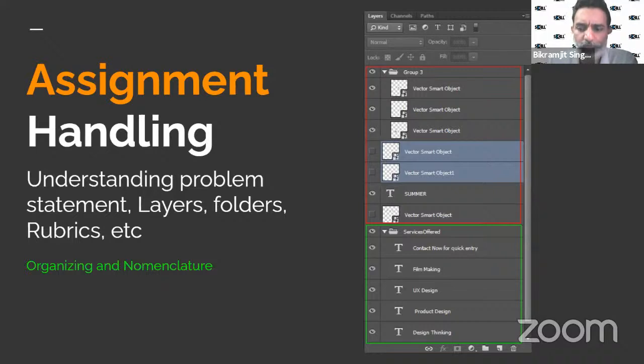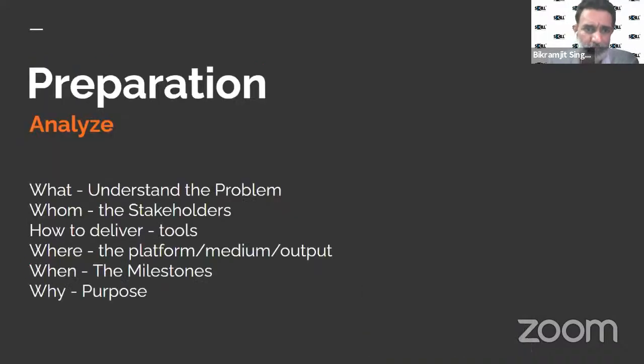We'll be slowly proceeding to the design part. Let's see. Preparation, of course, the analyzing of the project. In practical life, you or a project manager always check what is the budget of the client, what has been provided to us, how many hours we are going to devote, or how many hours are available for us to give that budget value to the project or the assignment.